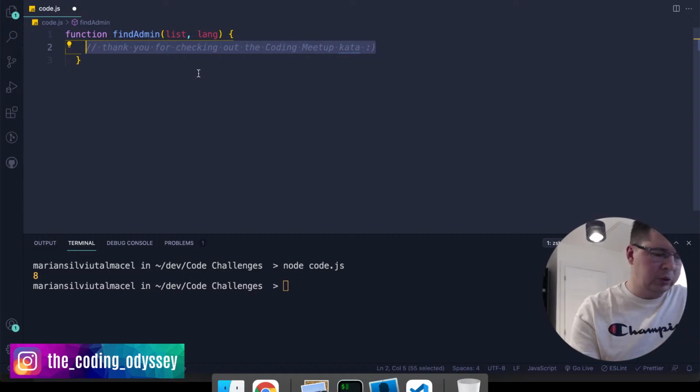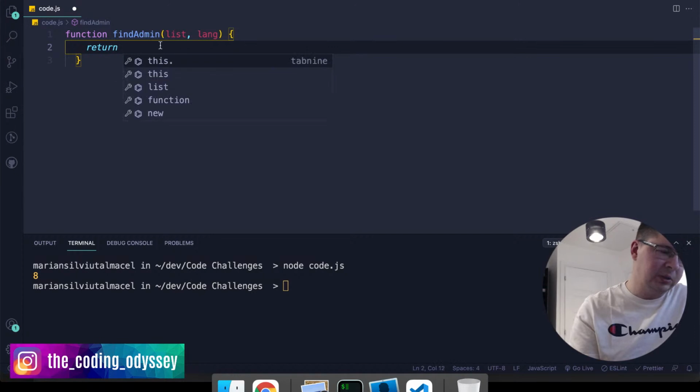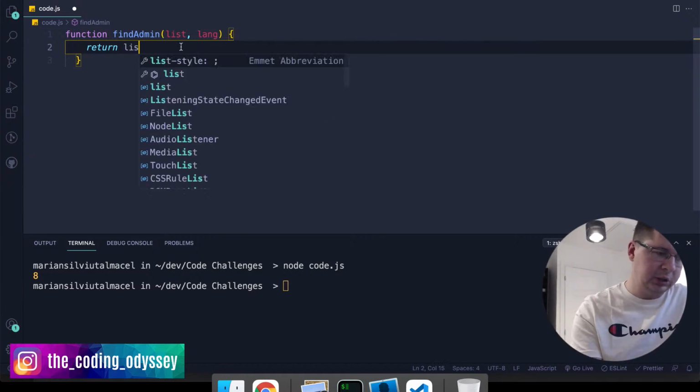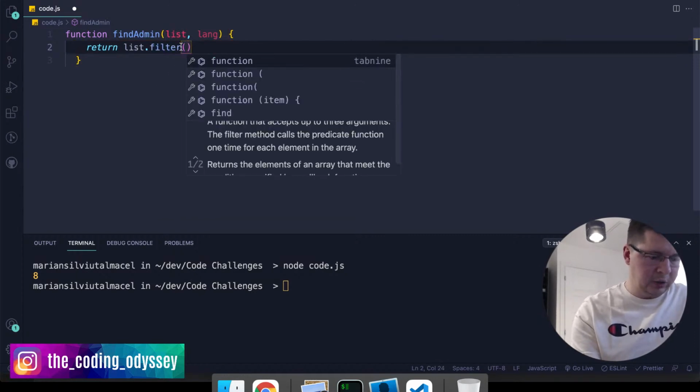So here what we want to say is return. When you want to return something from a function, you have to use return, otherwise it won't return anything. You will just do stuff but not return anything. And you want to say return list, and you want to filter it because you want to return just part of it. So you say return list filter, you get the developer,